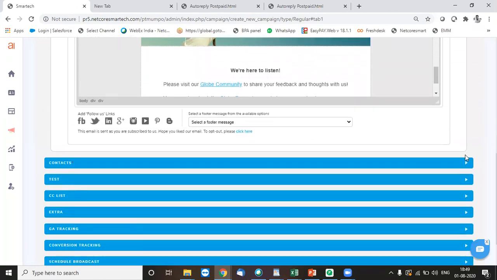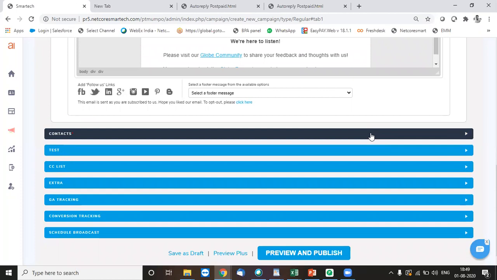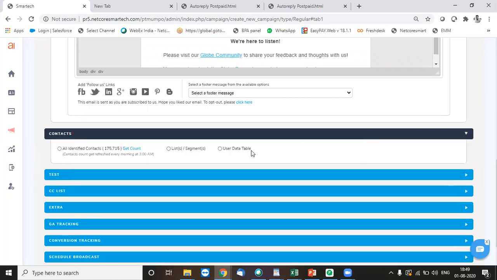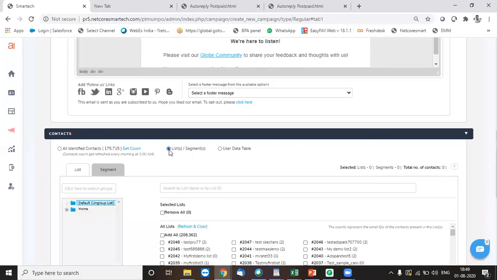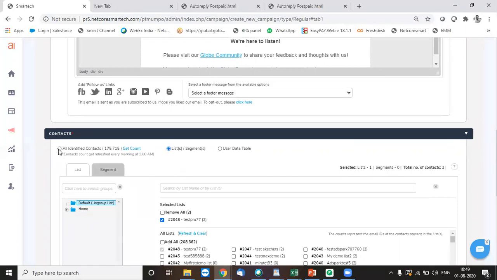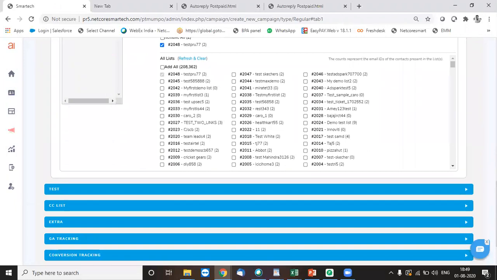So now the next stage where I want to send out my campaign. First I'll have to select the list or the audience to whom I'm going to send this out. So the list that we have already created or the segment that we have created, we can select them over here. I can also choose all identified contacts, basically my complete master list over here. That is but a risky thing. You need to make sure that campaign is really eligible for sending out to such a huge audience. It could damage your domain also if something goes wrong.